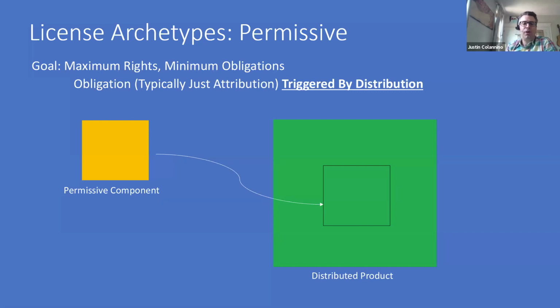And so they said, well, you've got to pass along a copy of the license to anybody else who you distribute the software to, so they know that, hey, I'm not liable for whatever this other person did to it. And you'll see there are some other provisions in some licenses that say you need to keep track of the changes and whatnot. And I think that's really just a lawyer thinking, hey, we've got to avoid liability here. So the end result is, you can take the permissive component without too much problem. You put it into a product. You can put the product under whatever license you want. You just need to provide that attribution of the license, etc.